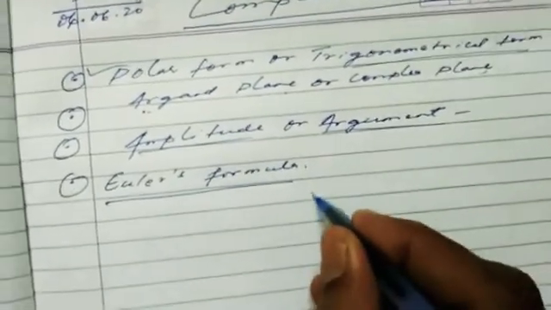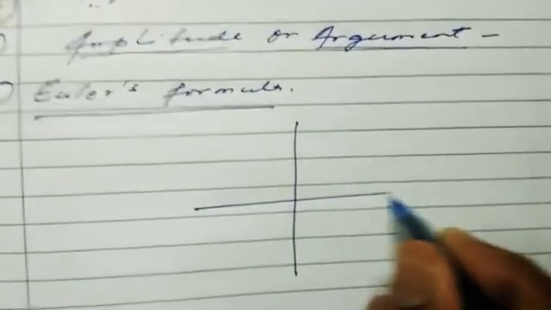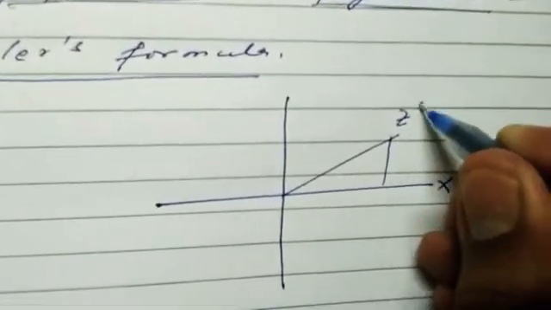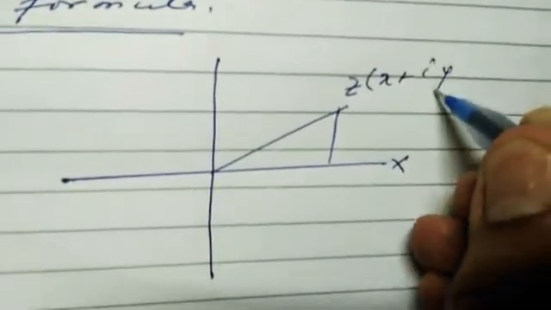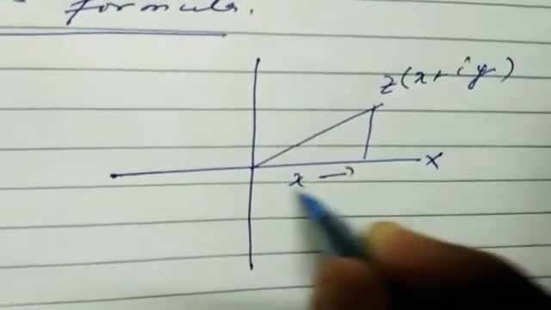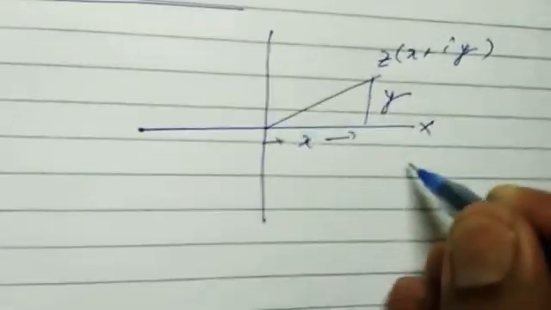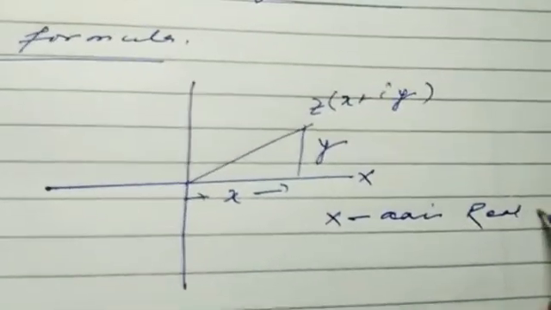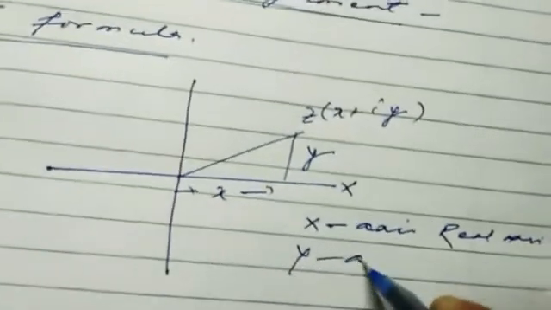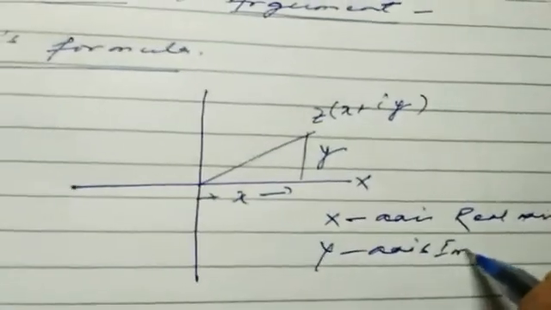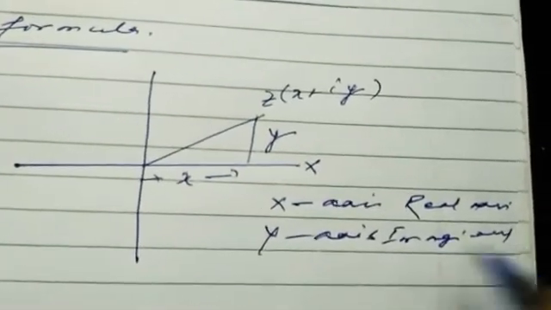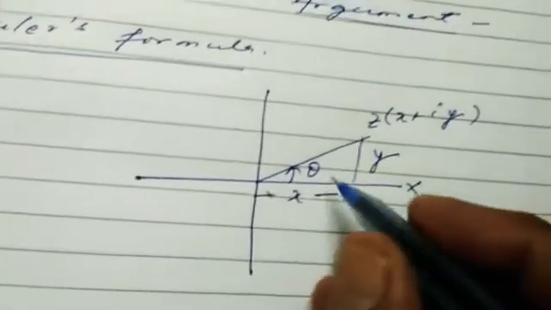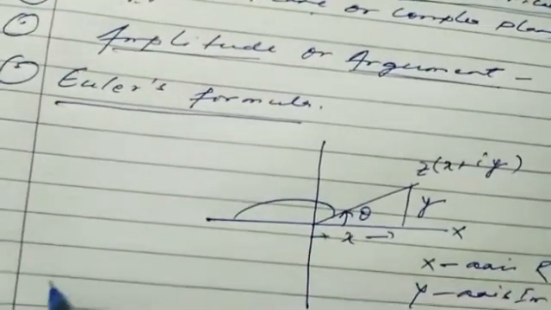And how we'll go for it, just see here. I'm presenting the complex number in the two-dimensional geometrical plane. This is z and this is x plus iy. So this is x and this is y. As we have gone through, the x-axis is the real axis, whereas the y-axis is the imaginary axis. Now there is an inclination theta from the initial x-axis, and let us see how we can work with it from the figure.